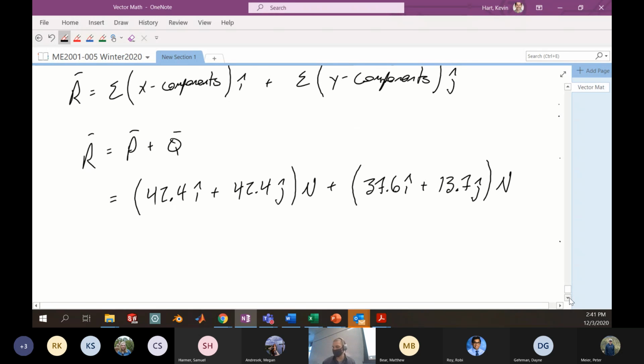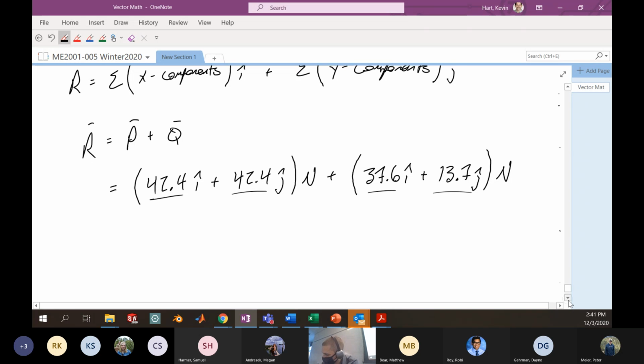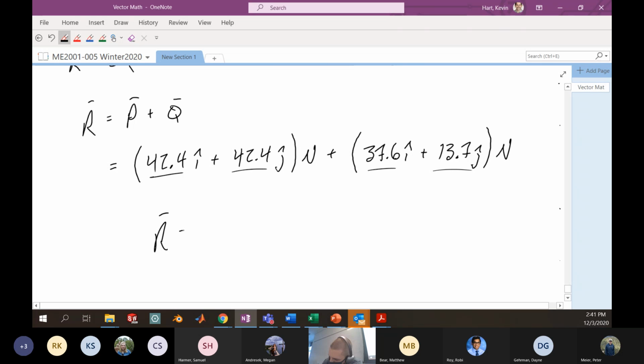You could rearrange this to have this one adding with this one. It's like two vectors on top of each other, both in the i direction, right? And same with this one and this one. And you would end up with a resultant force after executing both of these things. It would give you